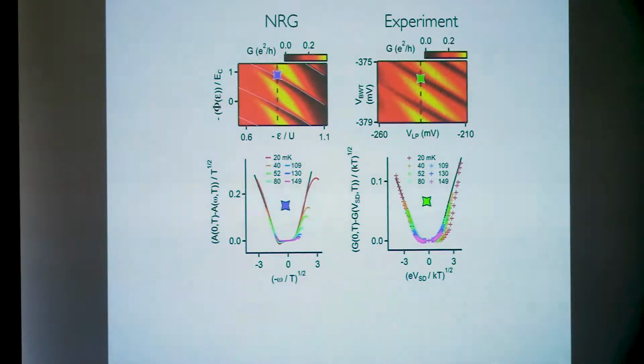So when you do that, you see that if I park here, I should see a scaling collapse of the temperature-dependent conductance. And if we do the same in the experiment, we sort of see a good collapse. At least it looks pretty good for one sign of the drain source bias voltage. The other sign doesn't quite work as nicely. But interestingly, in the NRG calculations of the conductance, it's not quite a perfect scaling collapse either. Nonetheless, they say that the finite size scaling does show characteristic signatures of two-channel Kondo behavior at this point.